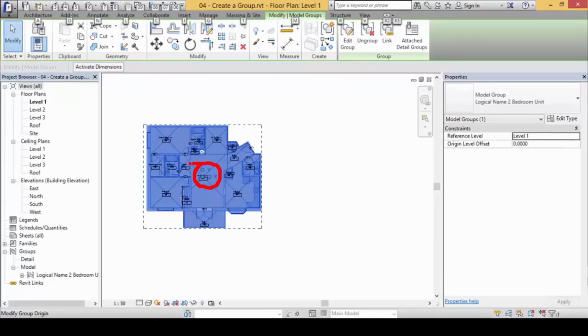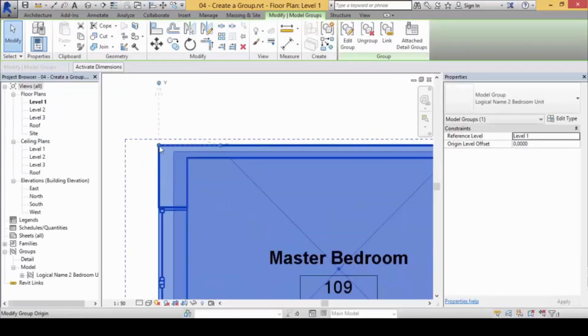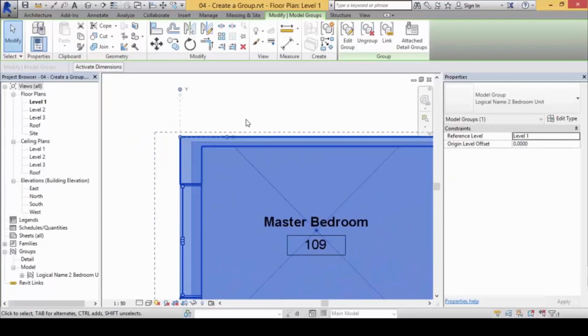There is an XYZ, what we call the insertion origin. This insertion origin can be changed and it can be relocated. Alright, I'm going to just try to relocate it to the top left hand corner by dragging it over here and let it snap to say here. Just like that.